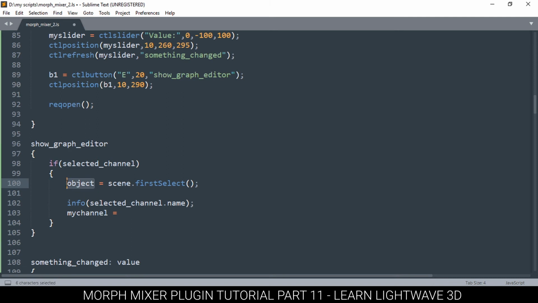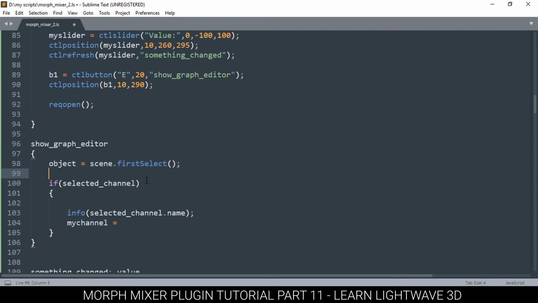So I should make sure there's actually a selected object. So I could do this up here so that I use one if statement, and then I can say if channel and object. Okay, so then I can say my channel is equal to object dot name